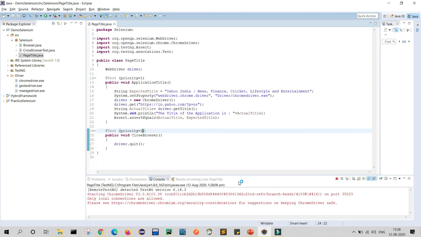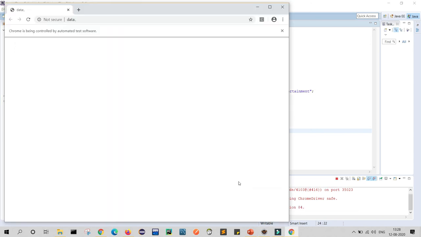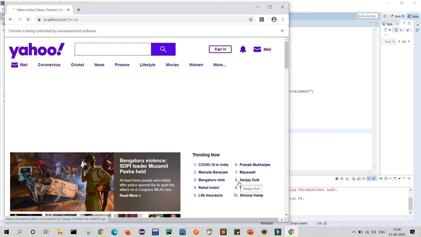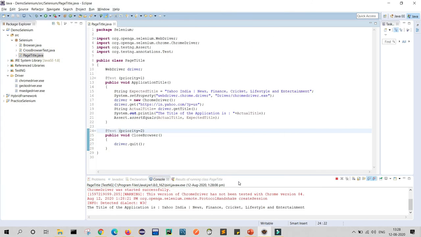It runs my TestNG version. My Chrome ran successfully. It started, launched my Chrome, launched the URL. Now close.